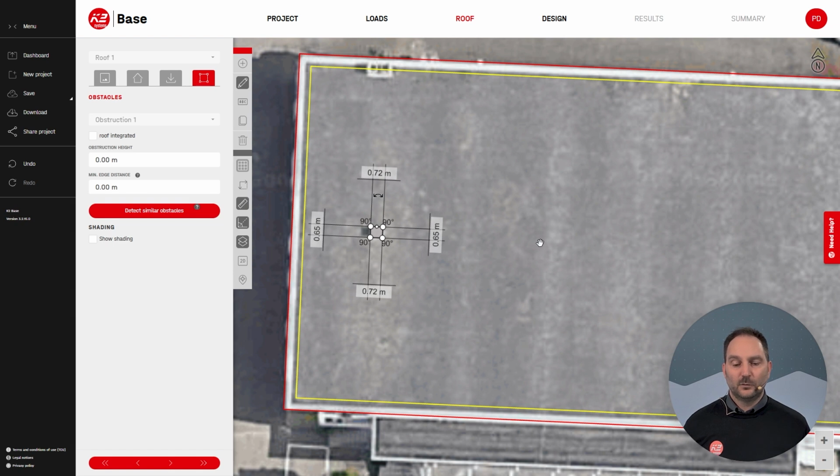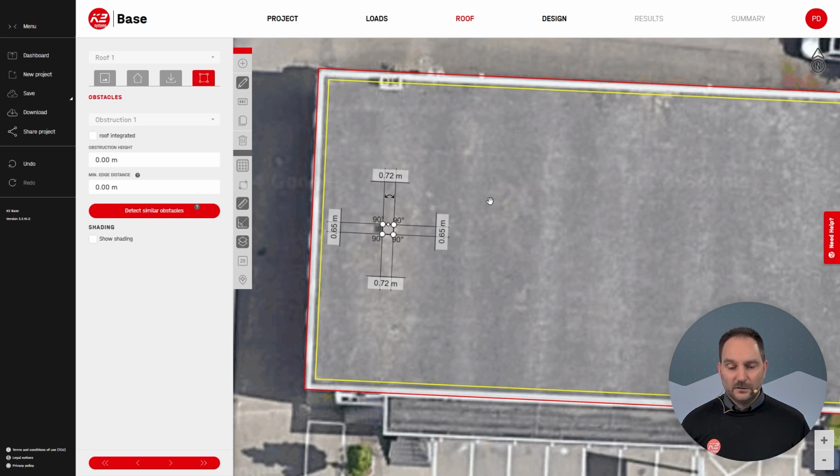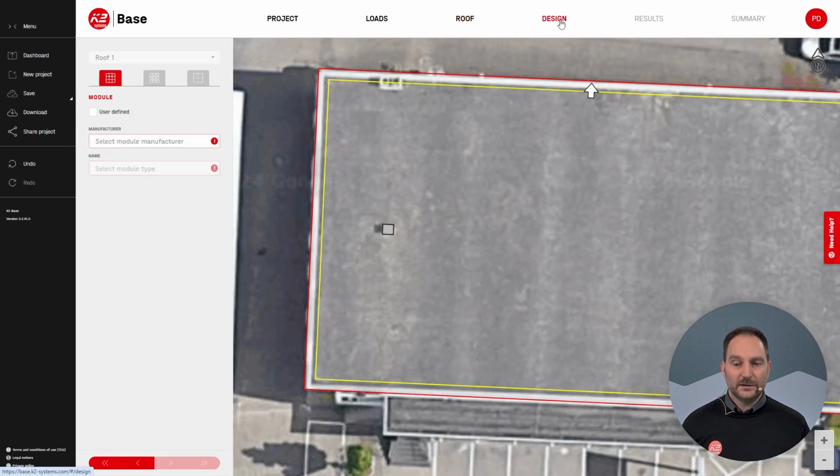If we have one or more additional similar obstacles, we could use the detect similar obstacles function to automatically add other obstacles. We click on the next page, which is the design page,